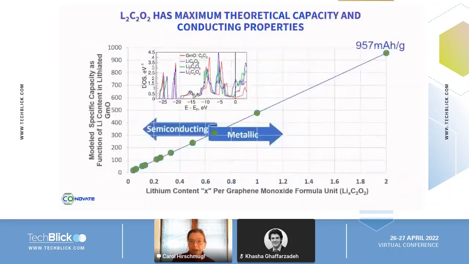If we proceed from there and think about what's going on with that lithiation, the lithiation that's predicted in the paper I mentioned earlier does show, if we're looking at the density of states, that when our material starts, it's a semiconductor, it's a GMO, but even upon the first lithiation, it becomes metallic. And as you continue to get to more and more lithiation up to the lithium